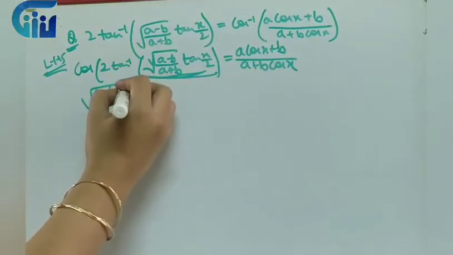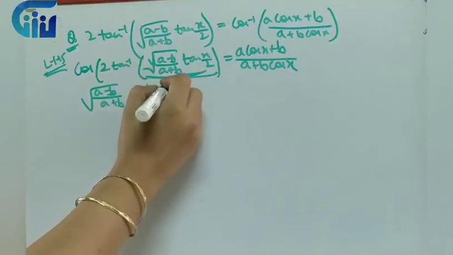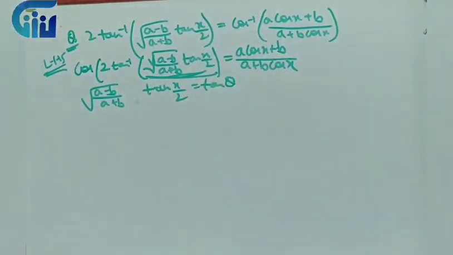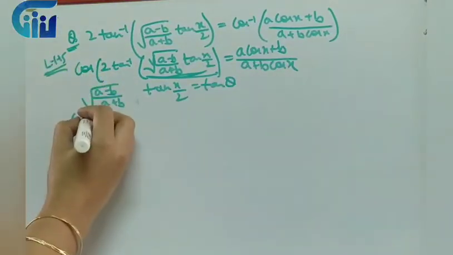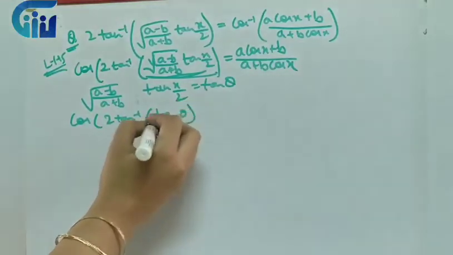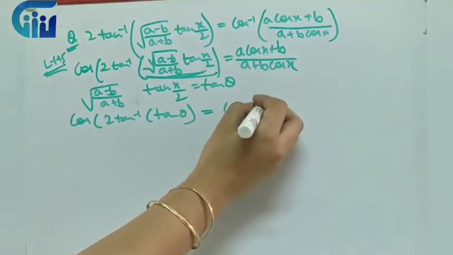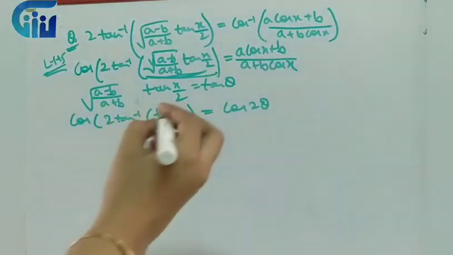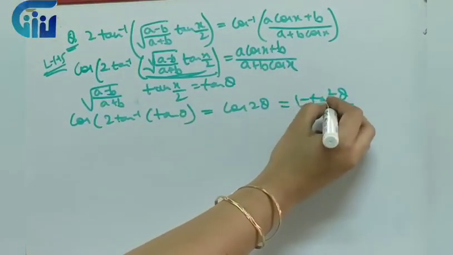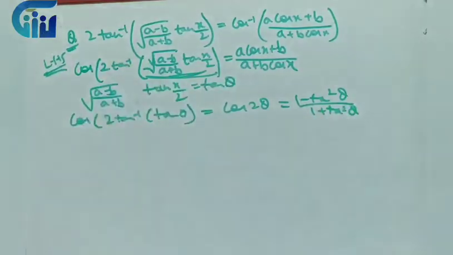Now just see what we have. Now over here, what did I substitute? I substituted this half cos inverse a by b is equal to theta. So from here, can I say this a by b, first 2 will go to the other side, is equal to cos 2 theta, right? So what is the formula of cos 2 theta in terms of tan?